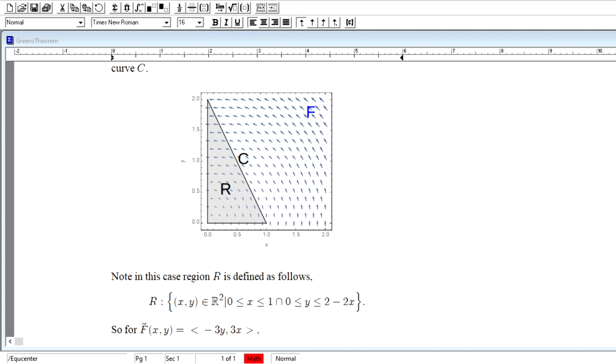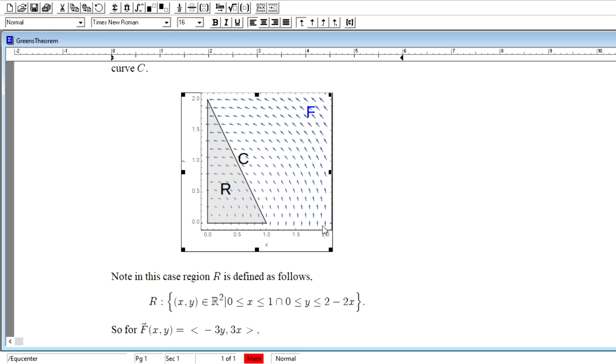If we look at how this field is behaving over this region R, or the curve C in the counterclockwise direction, first of all, within region R, what we would notice is if we had a bunch of paddle wheels at every single point in R, with the size of the vectors seen here in this field,